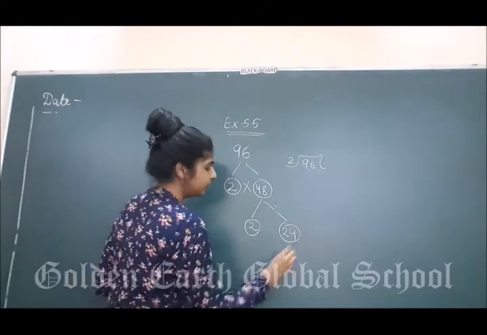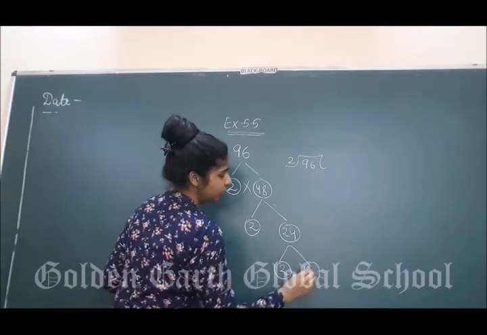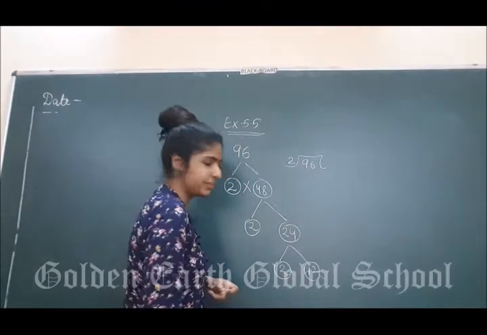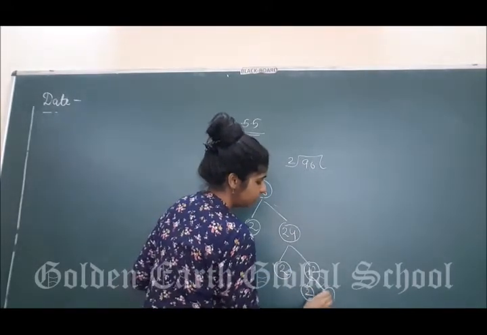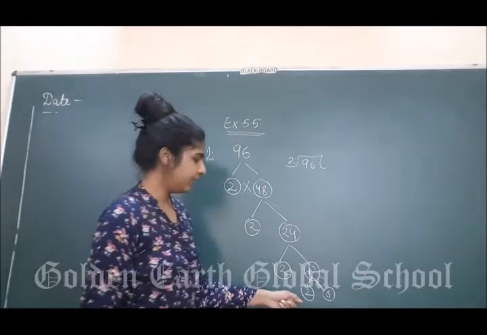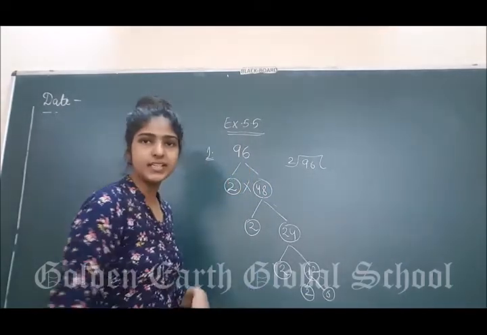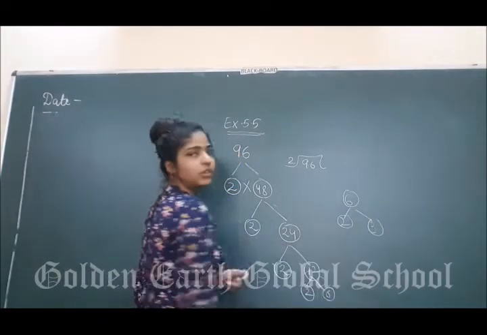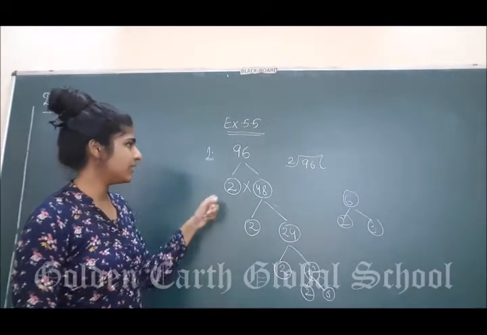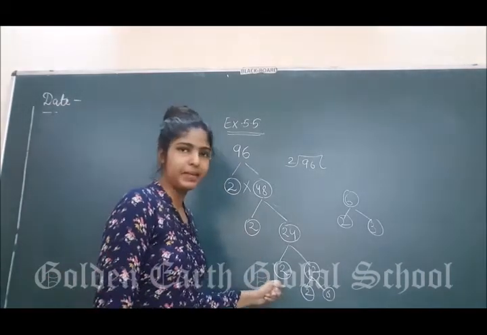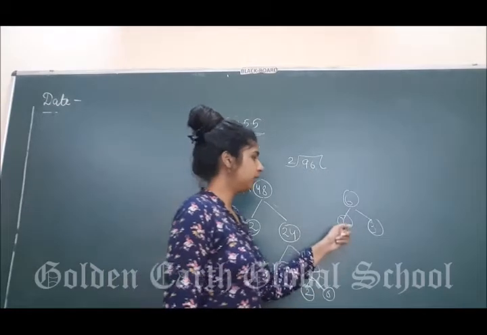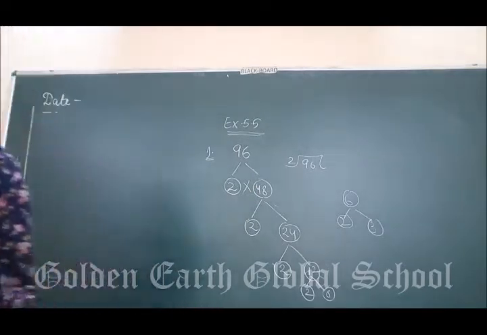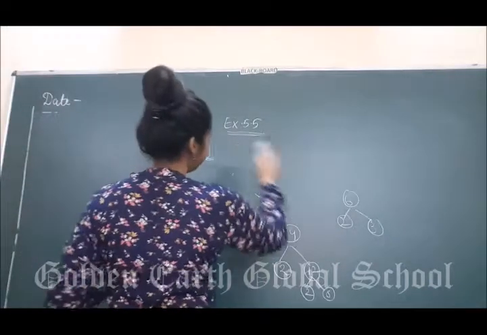On the table of 2, 48 is divisible on 24. Again 2, no need. Here 2, 12. 2 12s are 24. Now no need to differentiate 2. Differentiate 12. 2 6s are 12. Right? Now आगे 6 को डिफरेंशिएट करोगे. 6 को डिफरेंशिएट कैसे करोगे? 2 into 3. So at the end the final prime factorization is 2 multiply 2 multiply 2 multiply 2 multiply 2 multiply 3. That is your final prime factorization. Clear?